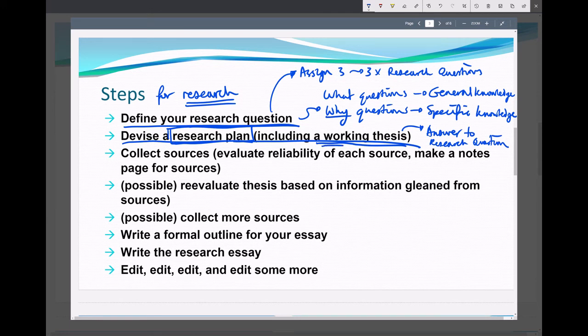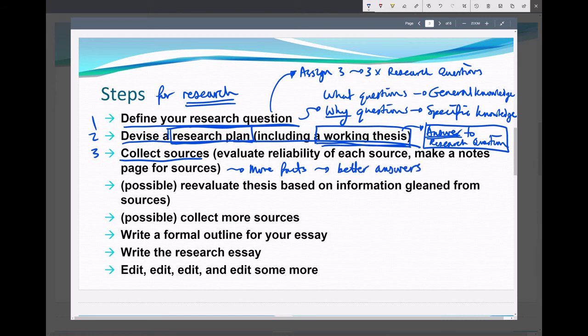What this means is your answer is like your first time answering the question with the facts that you have. As you collect more sources, this is step 3, you get more facts. So with more facts, the better your answer will be. And that means sometimes your answer would change, which is why it's a working thesis.